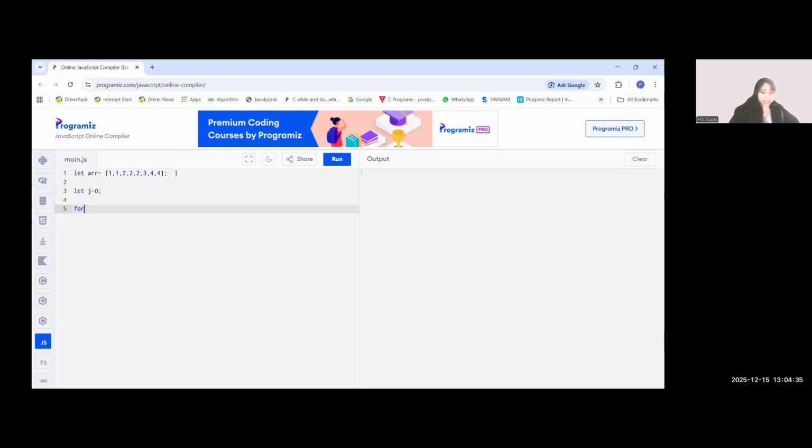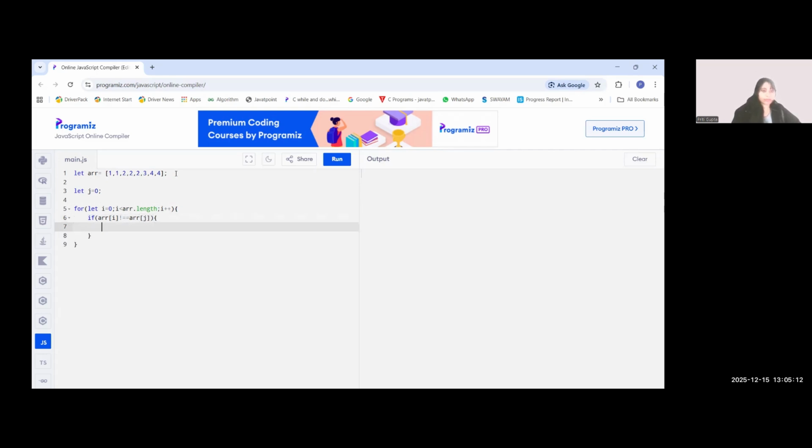Let's traverse with let i equal to 0, while i is less than the array length. Use curly braces. If arr of i is not equal to arr of j,